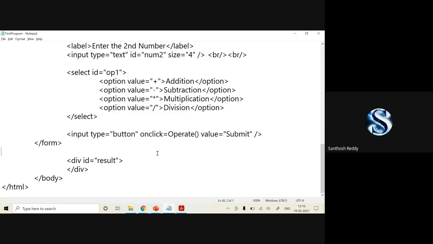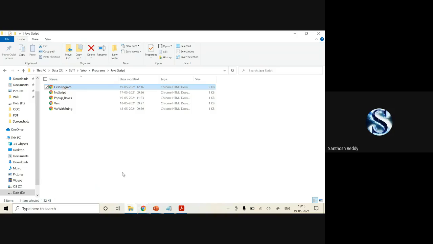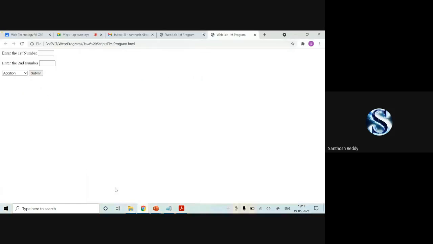Once you have written it, you can save the code and go to the folder and run it. Now you can enter your values like 12 and 30. I'll perform the addition operation.